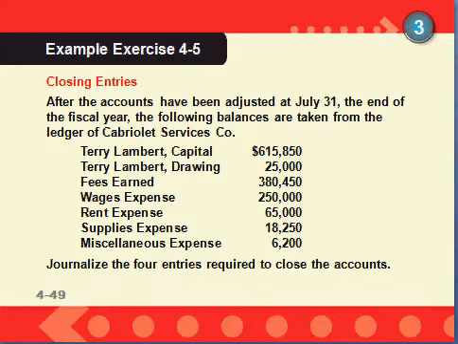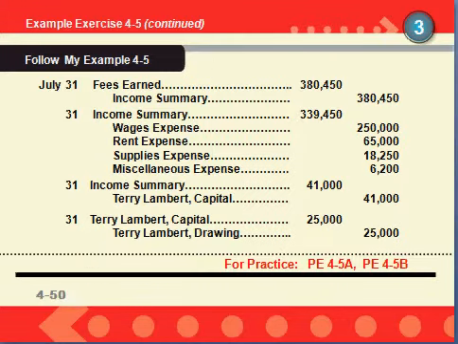Now we're going to take a look at example exercise 4-5, and this is for Cabriolet Services Company. And this shows all of the accounts here that we need to have to do our 4 closing entries. Remember, the first closing entry we do is we zero out the revenue accounts, and for this company we only have one revenue account. It's called fees earned, and we know that's a credit balance. So to zero it out or close it, we'll have to debit fees earned for $380,450 and credit the income summary,